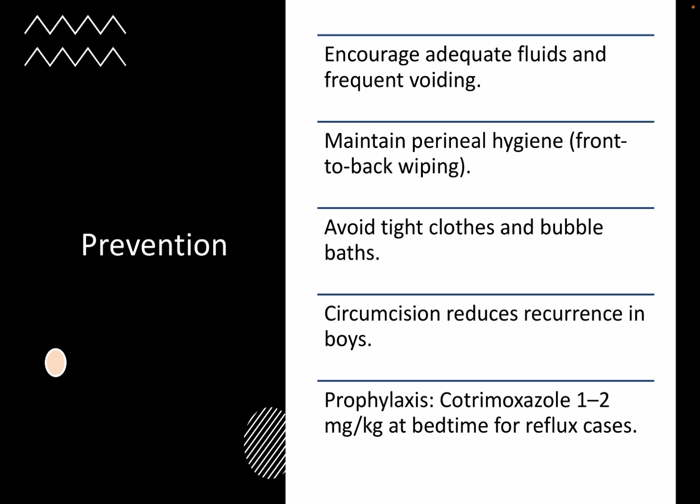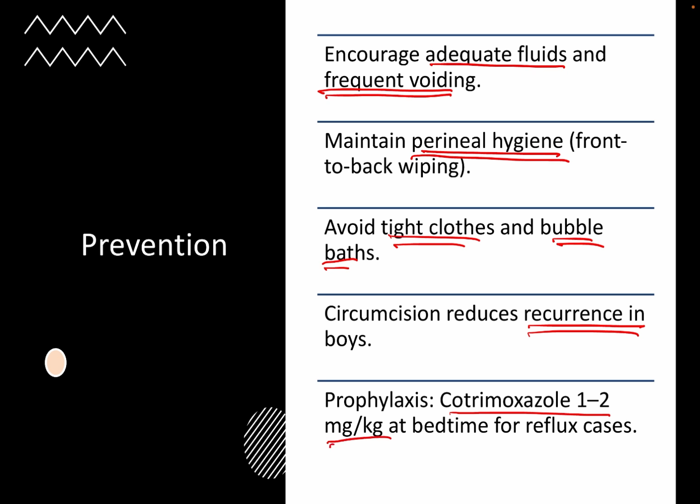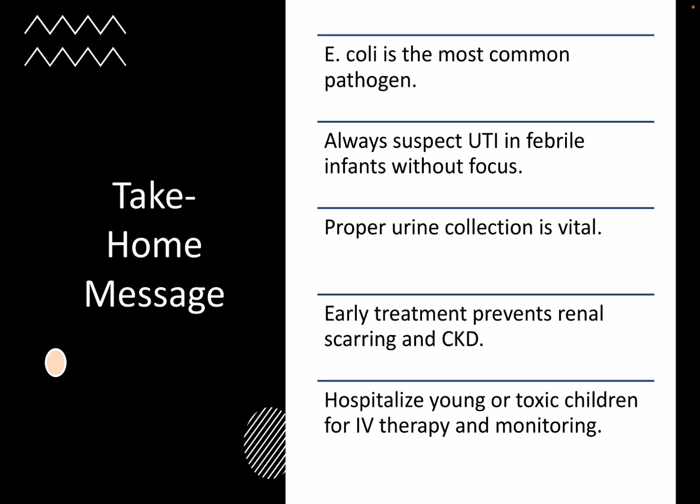Coming to the prevention: encouraging adequate intake of fluids and frequent voiding, maintaining perineal hygiene, and avoiding tight clothing and bubble baths. Circumcision reduces the recurrence in boys, and cotrimoxazole 1 to 2 mg per kg at bedtime for reflux cases is indicated. So, coming to the summary,